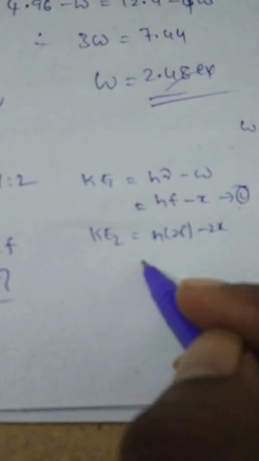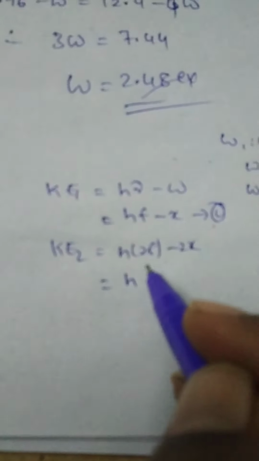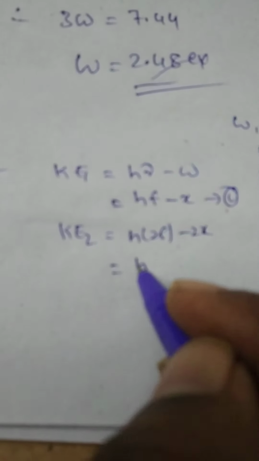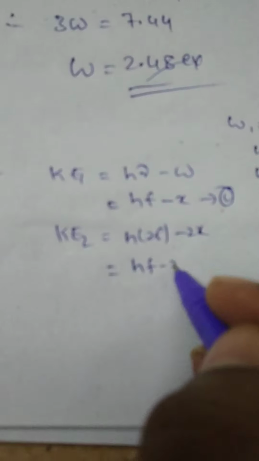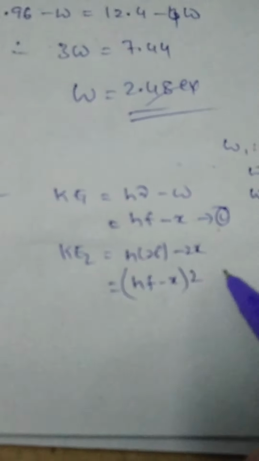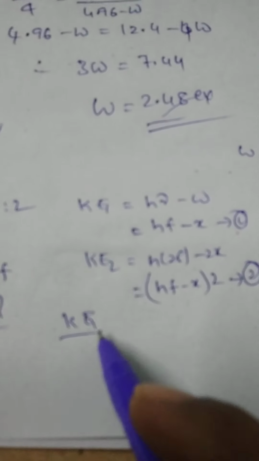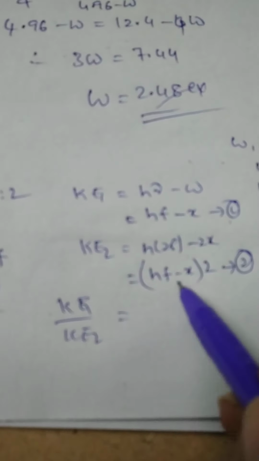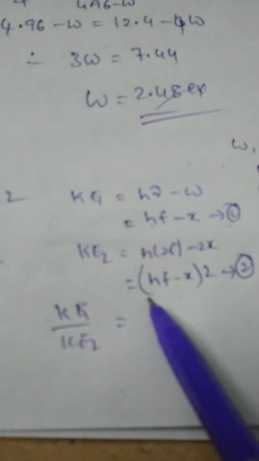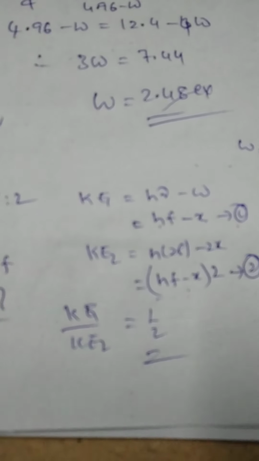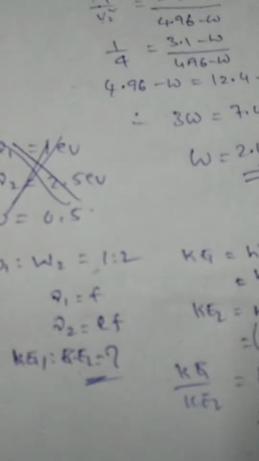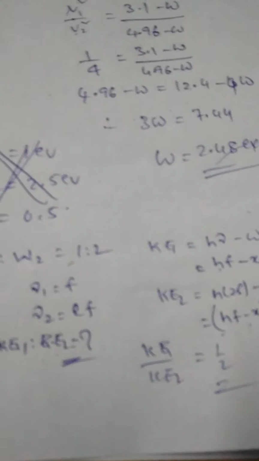That is equal to h into 2F minus 2X, which is h into F minus X, into 2. It is equation 2. Therefore, Ke1 by Ke2, dividing these two equations, h into F minus X cancels, is equal to 1 is to 2. So the ratio of the kinetic energies is given by 1 is to 2. Next one,